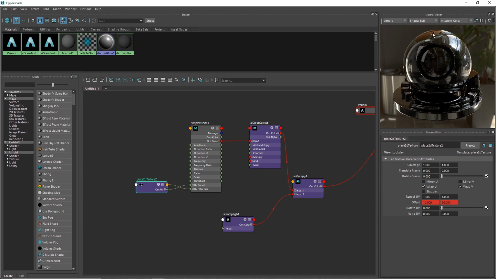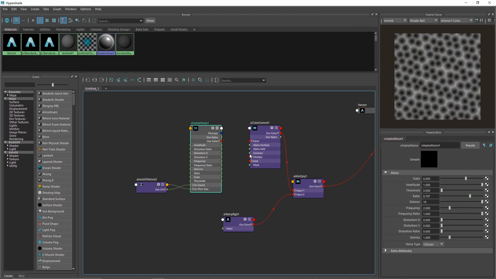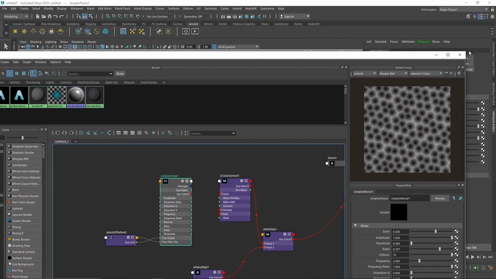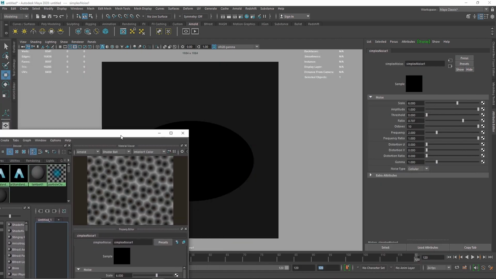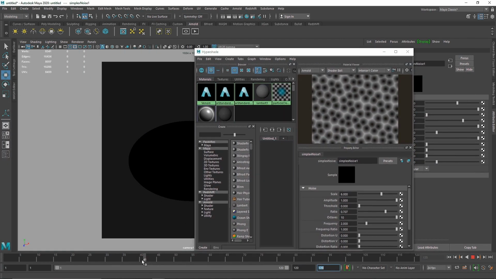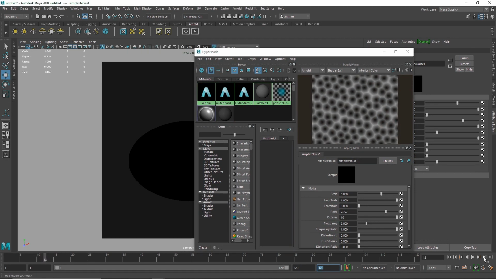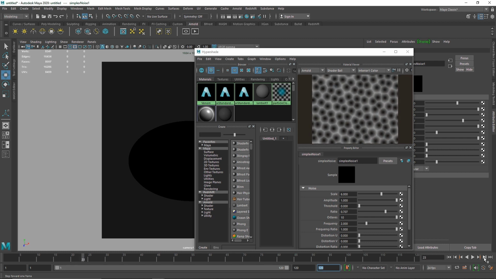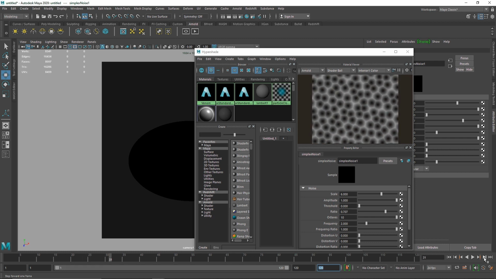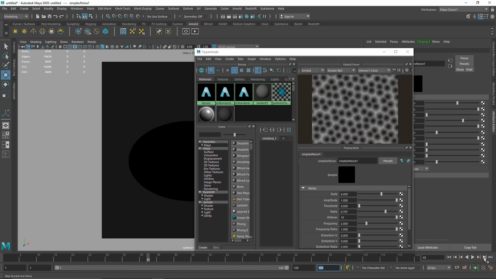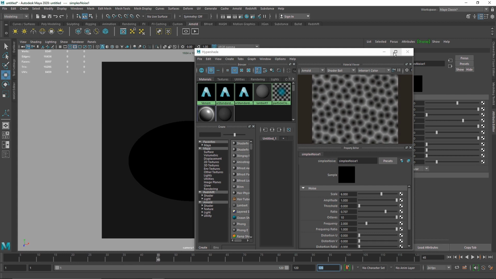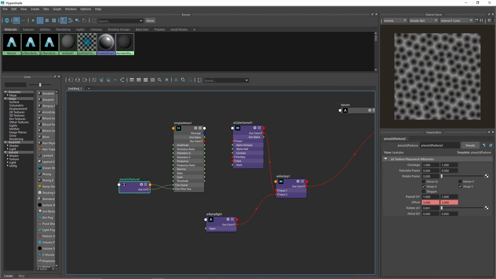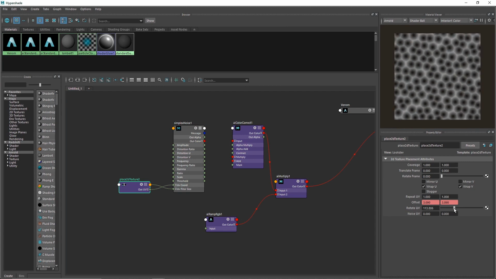So if I show you the overall result here with the timeline, I'm going to scale this down a bit just so you can see. If I scrub through here, I'm going to go to my first frame, and as I go one frame forward, you can see how this is reacting. So you can have this kind of pattern going on with the fractal noise here, and if you want to do a bit more, you can keyframe your rotation as well to give a really nice and interesting look.